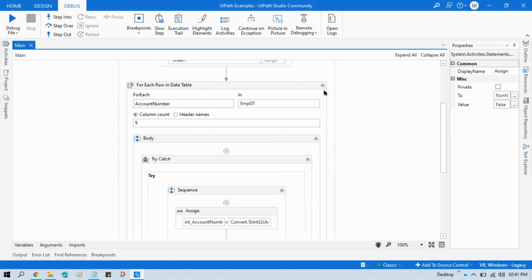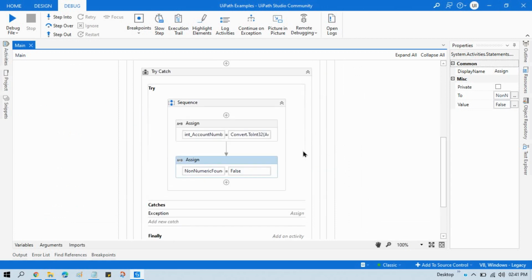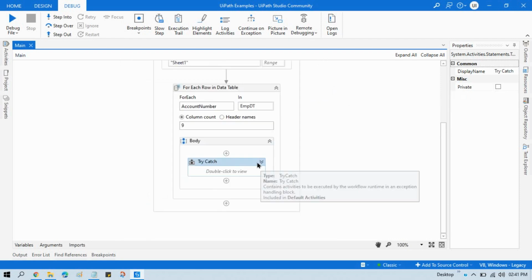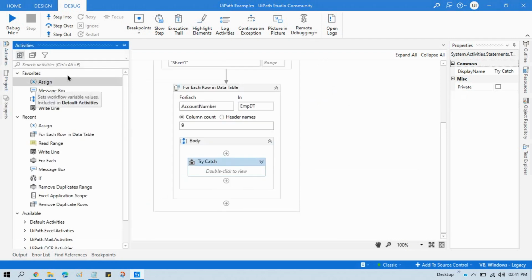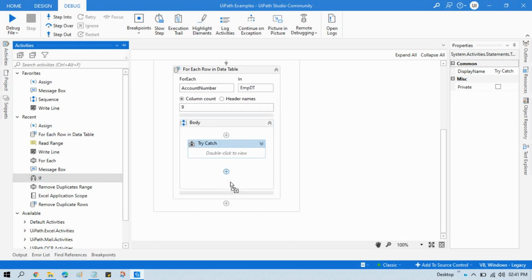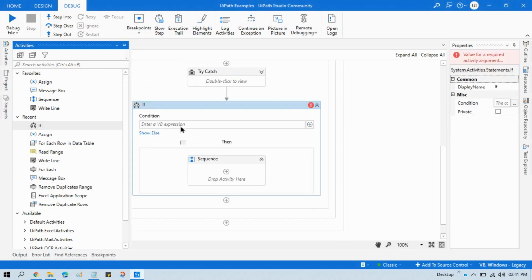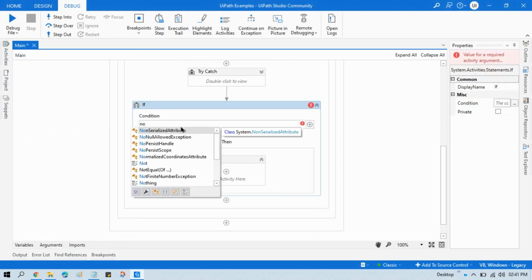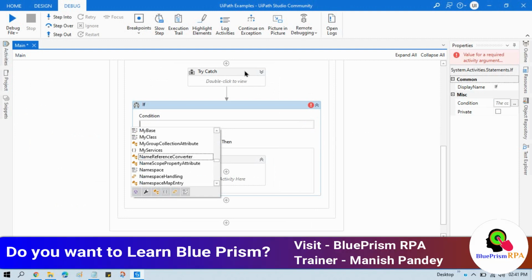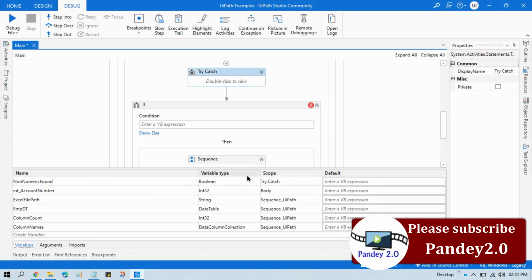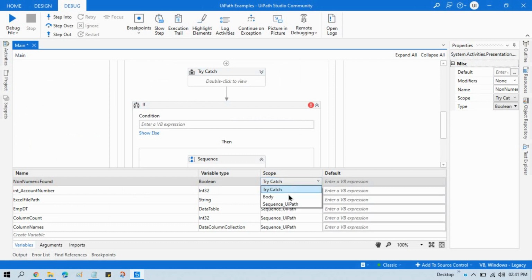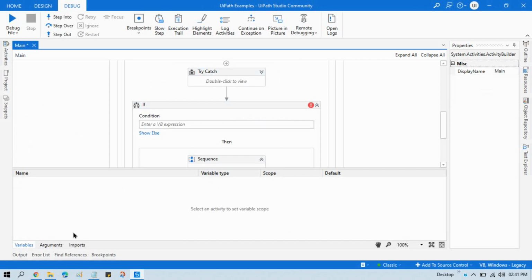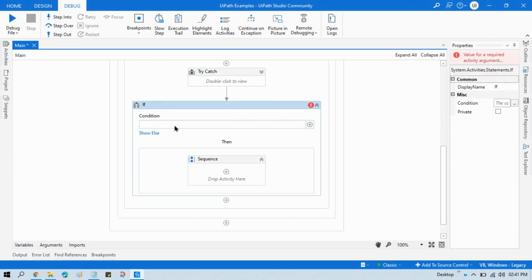Now here we can take one if condition and check if non-numeric. Okay, we are not getting it here, so just change the scope of that variable. So we'll write non-numeric equals to true.